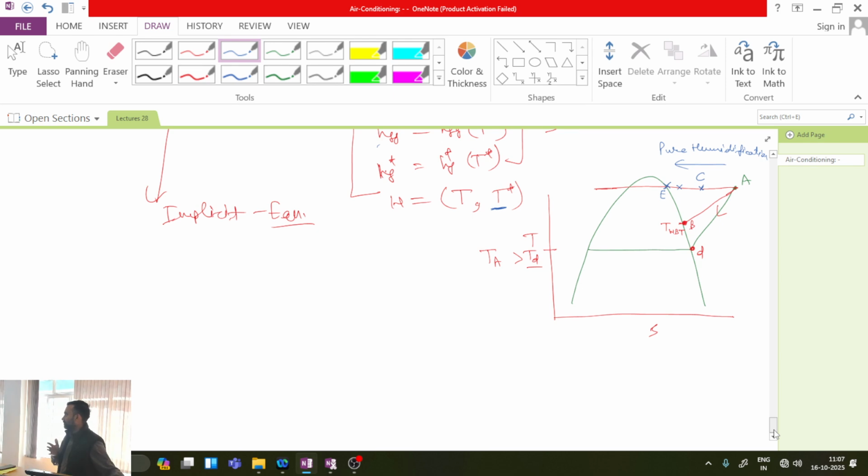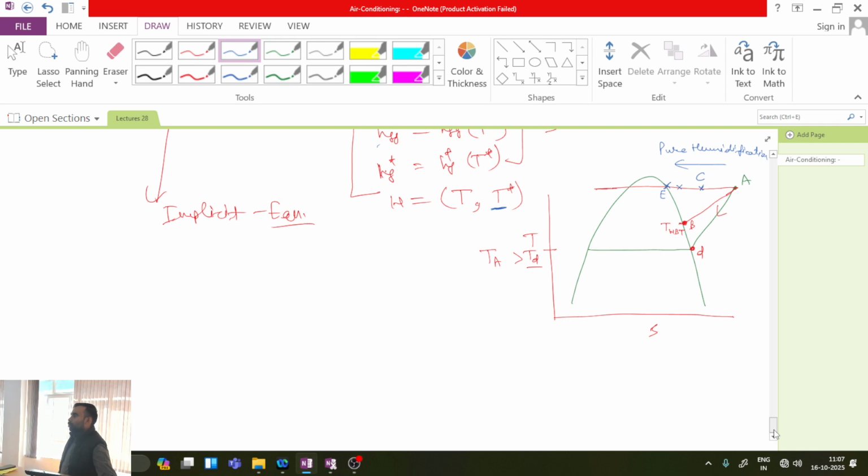Once you have this parameter, later on you will be introducing something else, so you will be having so many iterations in the design itself. So at that time, if just for obtaining a single parameter, that is wet bulb temperature, you have to do thousands of iterations, then it will become a cumbersome process. Okay, so that's why typically